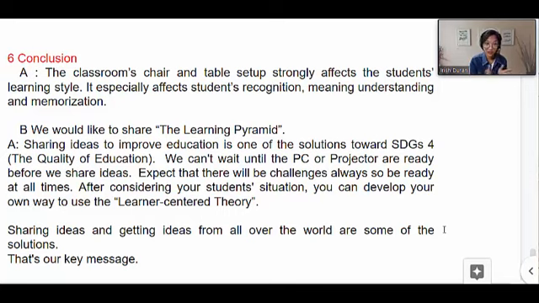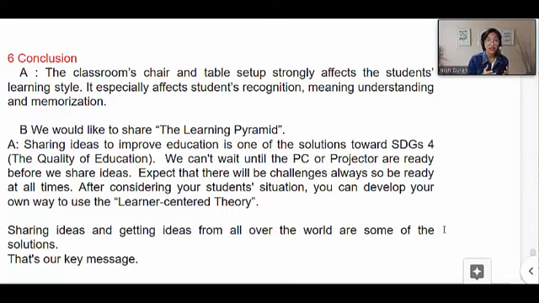Therefore, to conclude, the classroom's chair and table setup strongly affects the student's learning style. It especially affects students' recognition, meaning understanding and memorization. We would like to share the learning pyramid. Sharing ideas to improve education is one of the solutions toward Sustainable Development Goals 4, or the SDGs 4, or